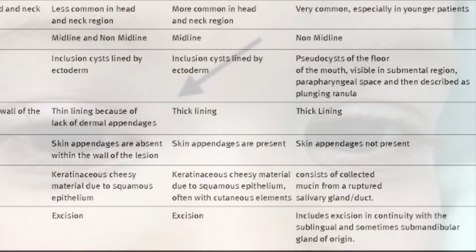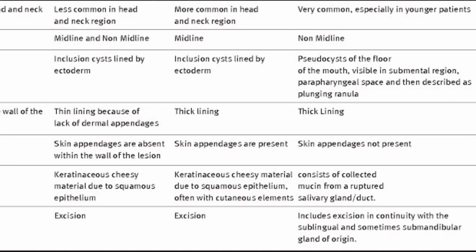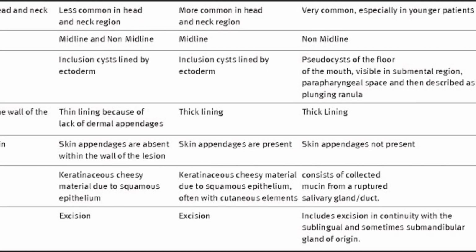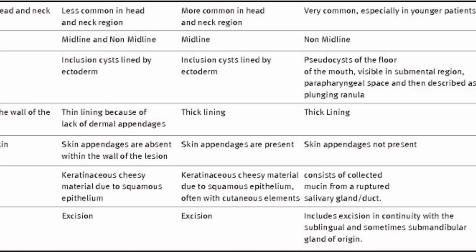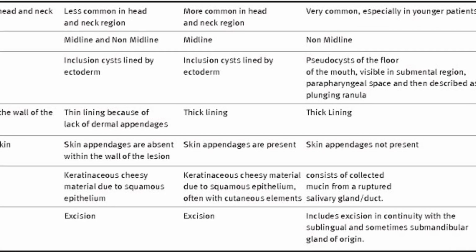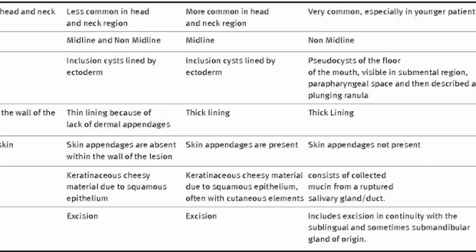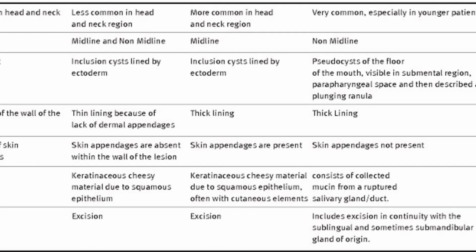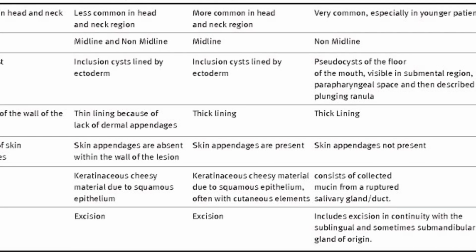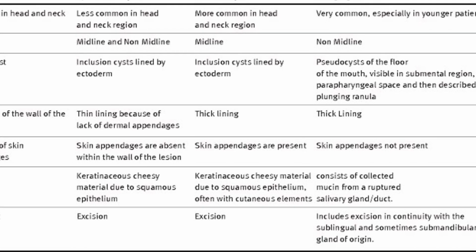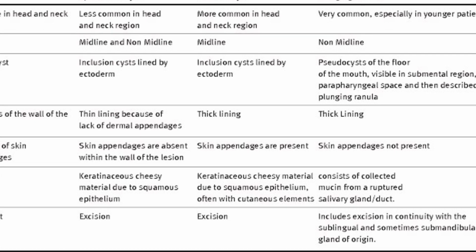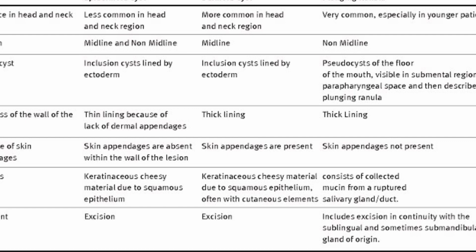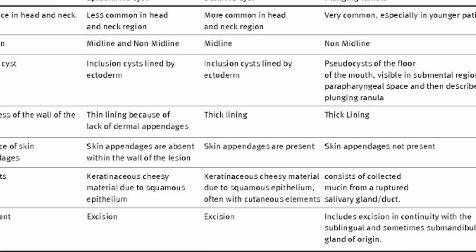The etiopathogenesis: these lesions develop because of ectodermal differentiation of multipotent cells trapped at the time of closure of the anterior neuropore, especially along the line of fusion. Hence, they are located along the midline of the neck. In the head and neck, other areas of tissue fusion may present with dermoid cysts, such as external angular dermoids or nasal dermoids. So these dermoids are actually trapped anterior neuropore structures.